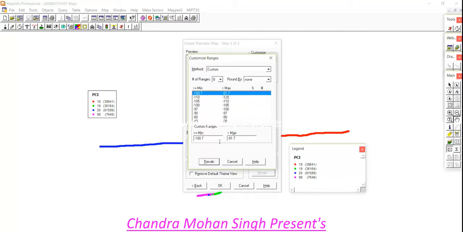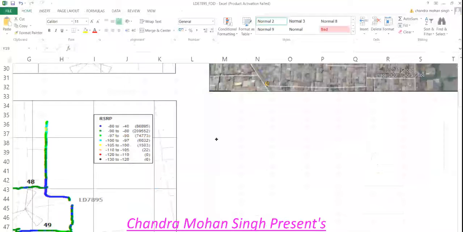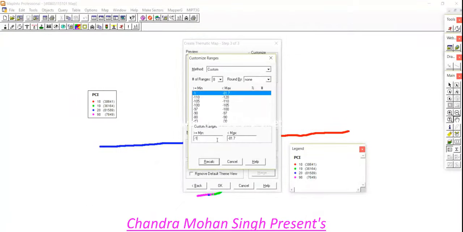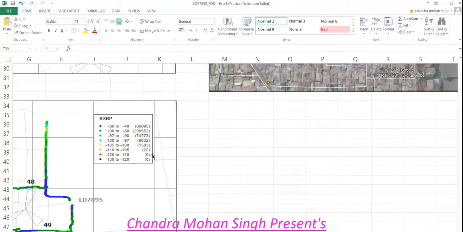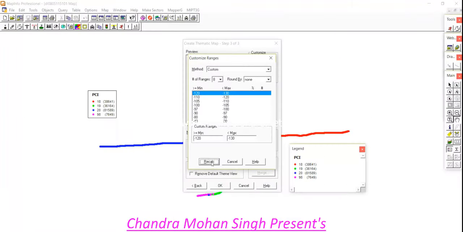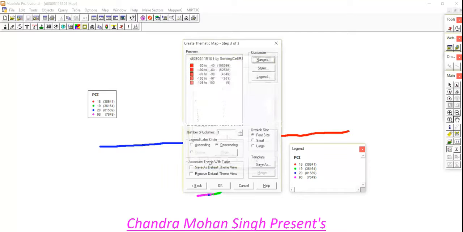And the last one is -120 to -130. We set the legend according to our sample report. After that we click recalc. If we click recalc, then the count and percentage are shown here for our export. After that we click OK.